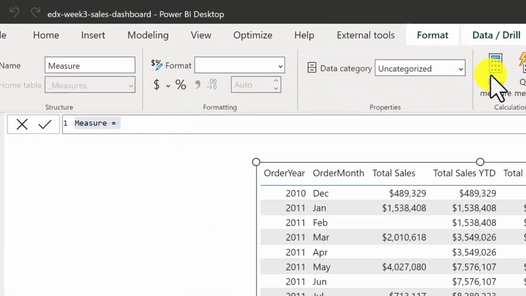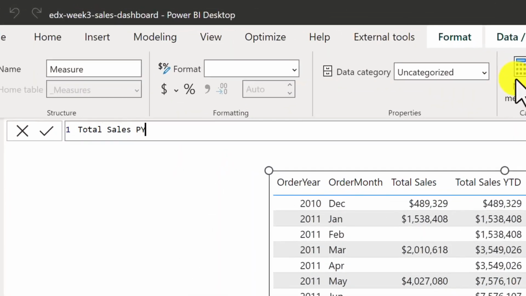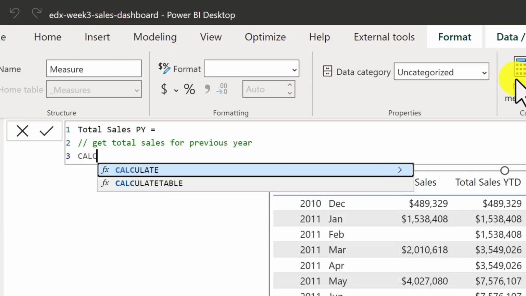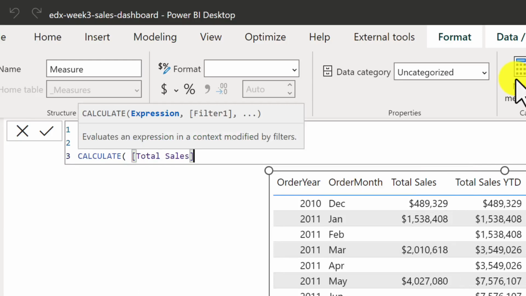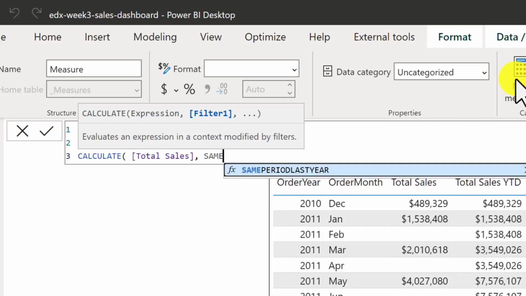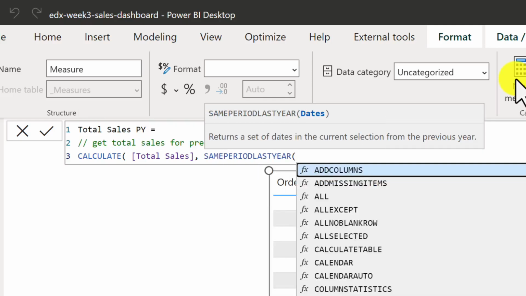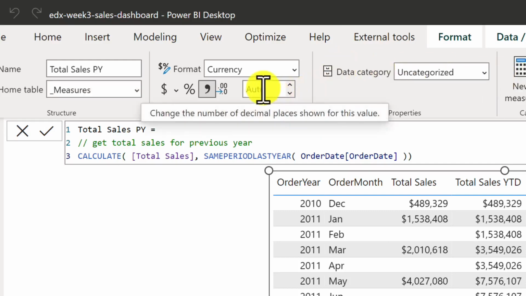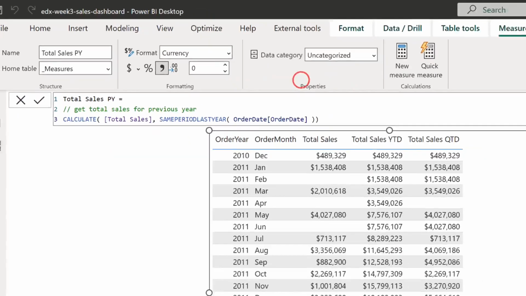This one we will call Total Sales PY, which stands for previous year. In the comment, we will say get total sales for previous year, and then the formula will be calculate total sales, and then we will add a comma, and we'll start the same period last year function, in which we will put the order date into our argument, then close out our parentheses and hit enter to finish. Once again, make sure that the column is formatted the way you want it,